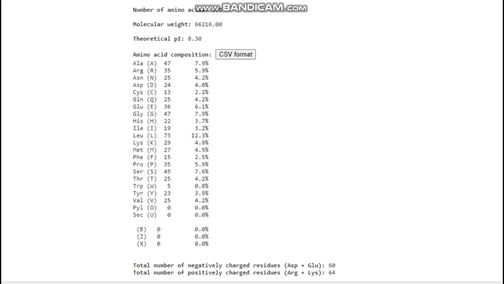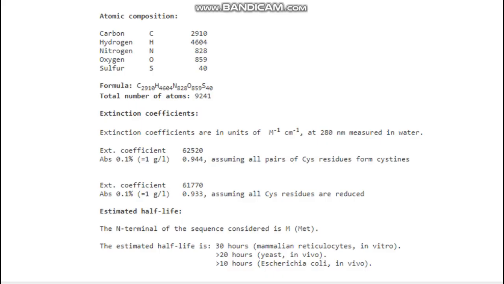the protein is given. And below you can see the total number of negatively charged residues and the total number of positively charged residues. Then there is atomic composition, that is the number of carbon, hydrogen, nitrogen, oxygen, and sulfur atoms in your protein. And below it the formula is given, the total number of atoms are given, and then